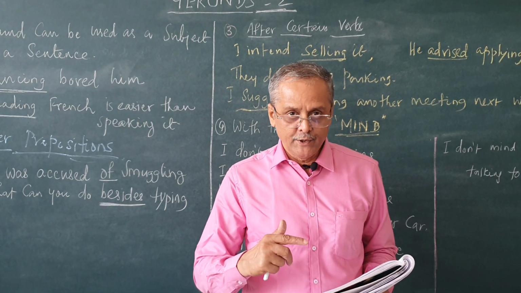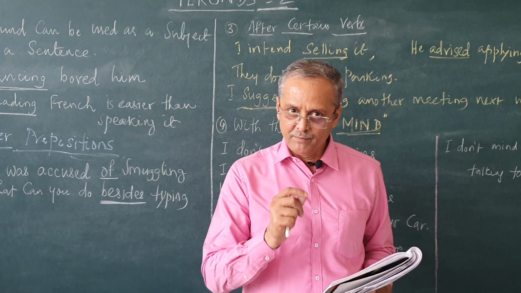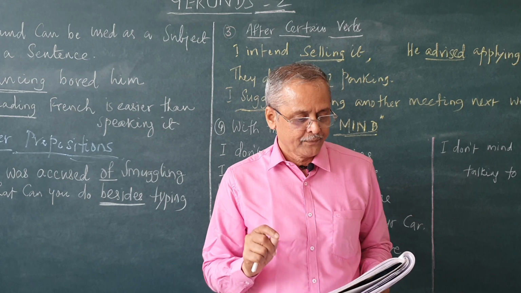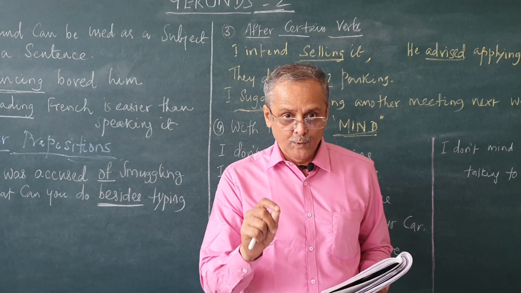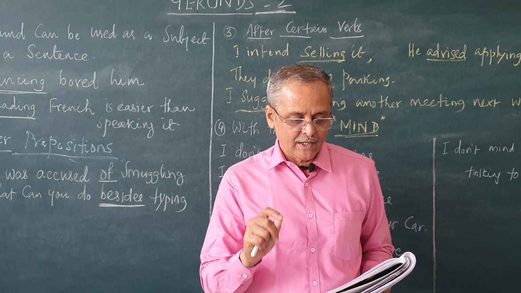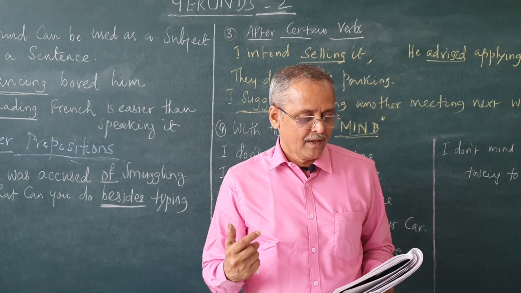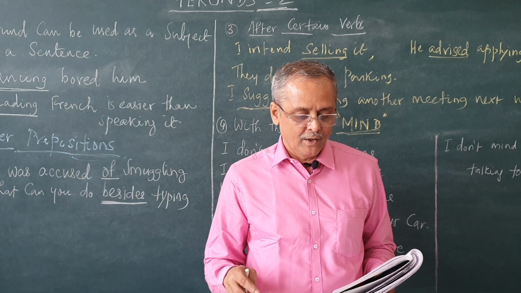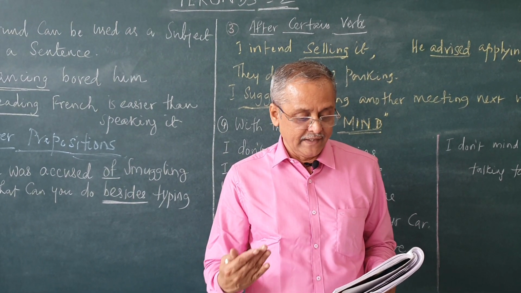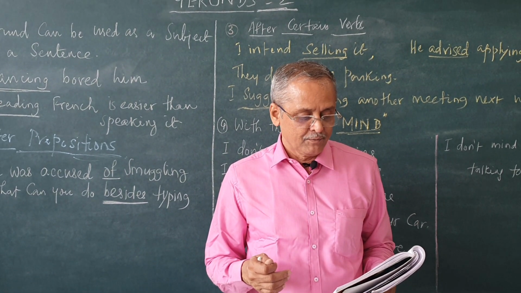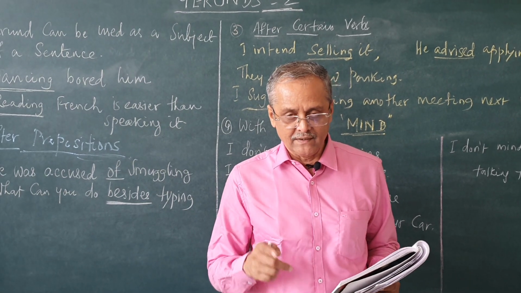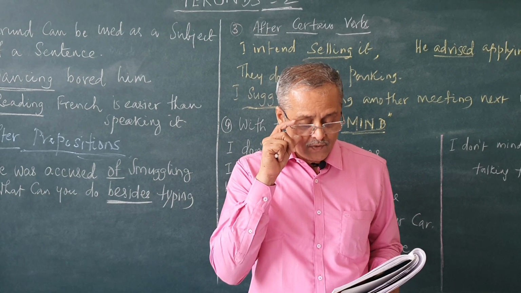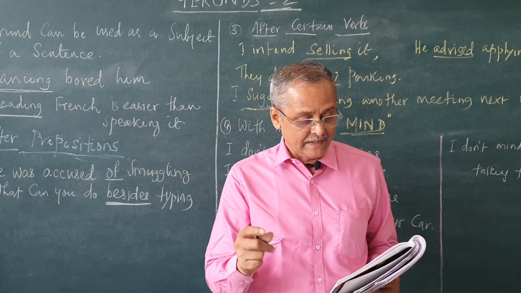I am not keen on gambling. After the preposition on, I am not keen on gambling. I am too afraid of losing. I am tired of arguing. I am fed up of waiting. He is thinking of emigrating. I am sorry for keeping you waiting so far, preposition for. After the preposition for also, we use gerund, keeping you waiting.